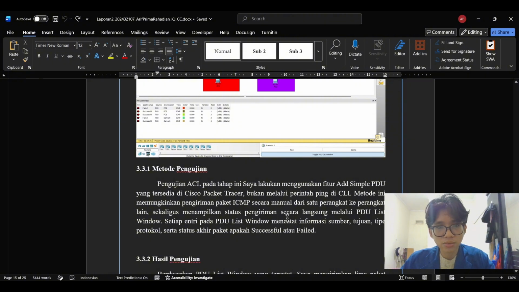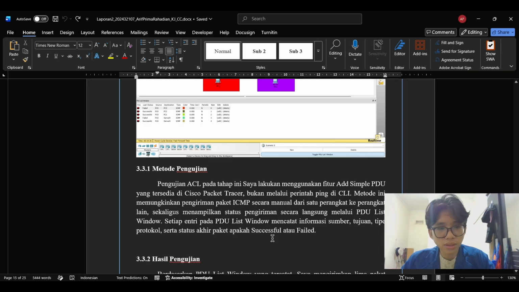This feature allows sending ICMP packets manually between devices and shows the result directly in the PDU list window, making it easier to observe which packets succeed and which ones fail. I sent 5 ICMP packets with different source and destination combinations.